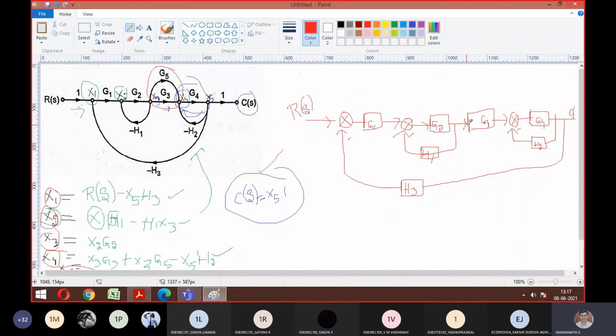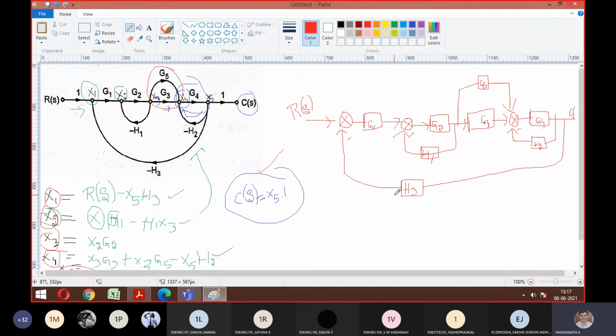Is anything left out? One thing is left out: between x3 and x4 there is G5, for this connection. So between this I can trace it. You can look there, G5 and G3 are parallel according to the diagram, right? The same way we write the parallel combination. Is that okay to everyone? That completes your block diagram for the signal flow graph. Any difficulties, anyone, to write this? No, sir. Okay.